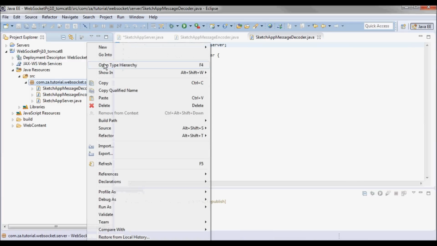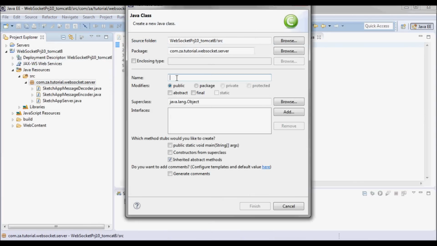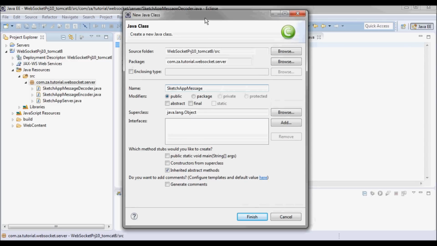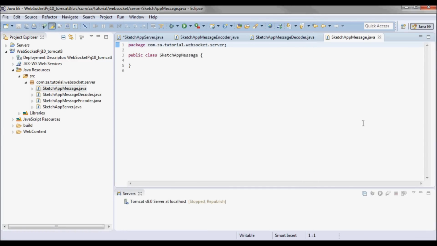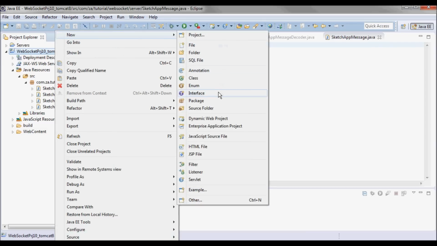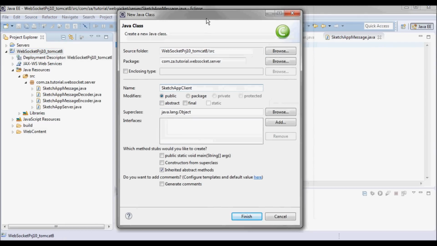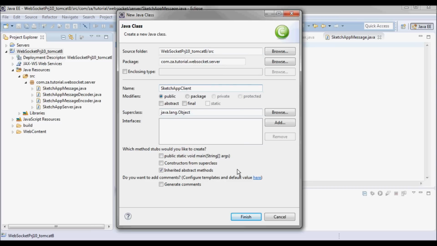And this is the message that will be exchanged between the client and the server, Sketch app message. And for a client, I'll have this class Sketch app client, which will be in this package.